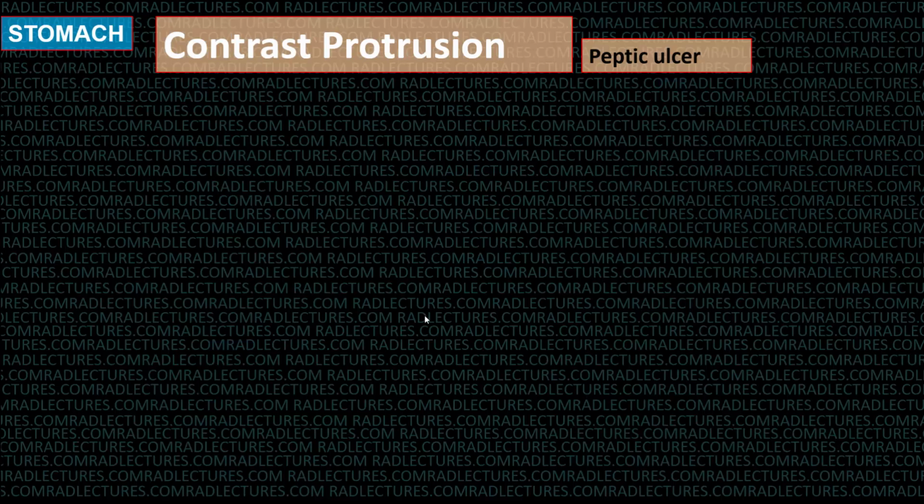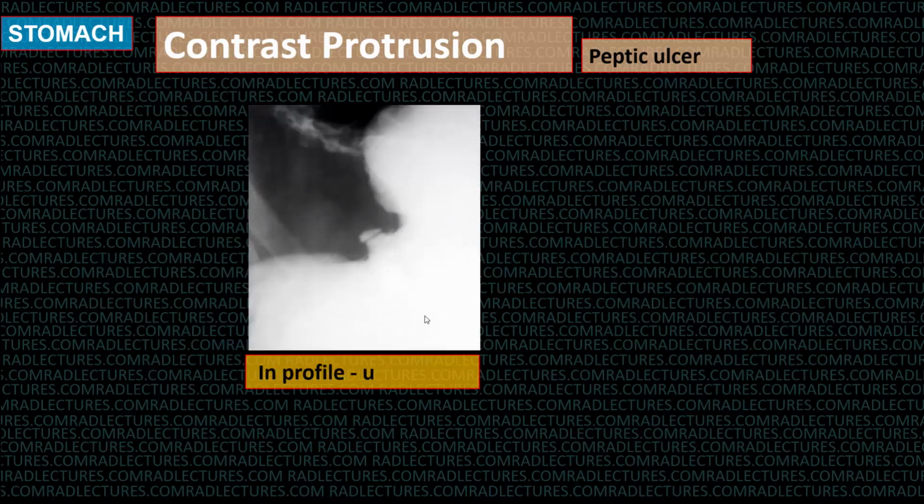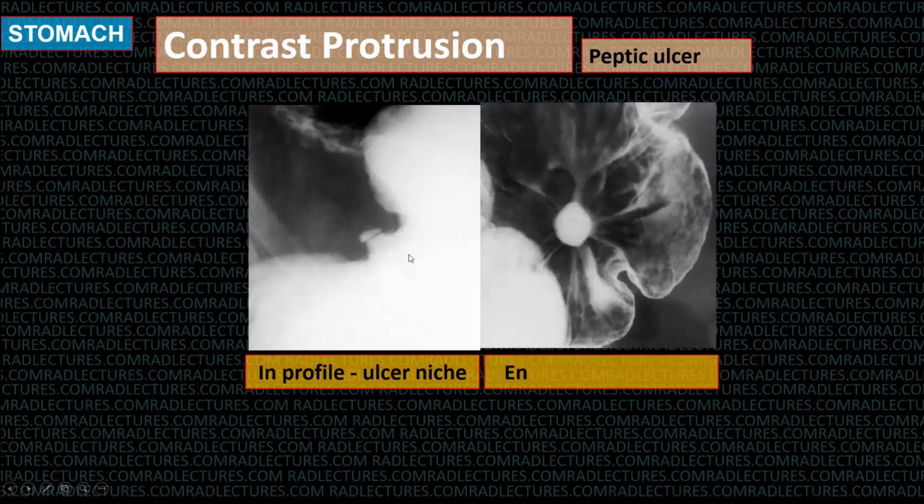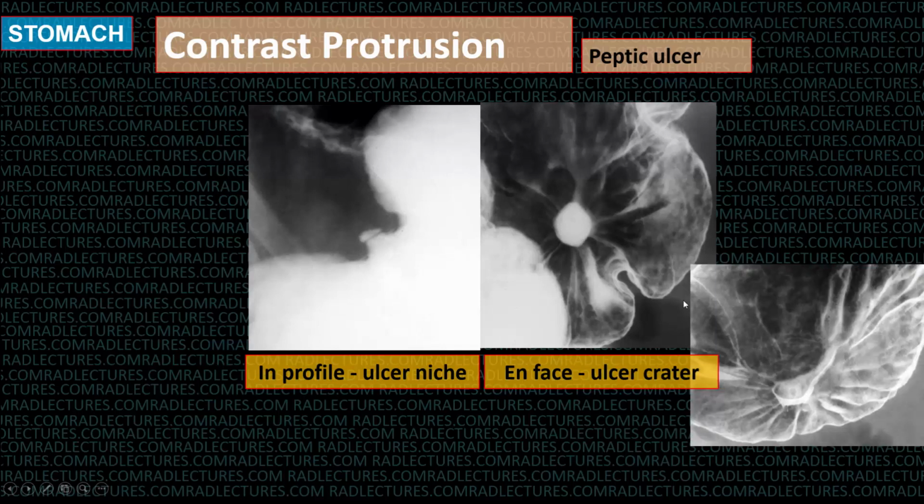Okay, now the next is peptic ulcer. You can see it in profile when it is called an ulcer niche. There's a large peptic ulcer here. Or you can see it en face when it is called an ulcer crater. Now, even on double contrast views, you can see it sometimes